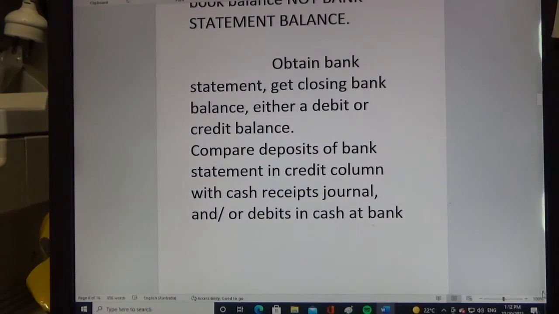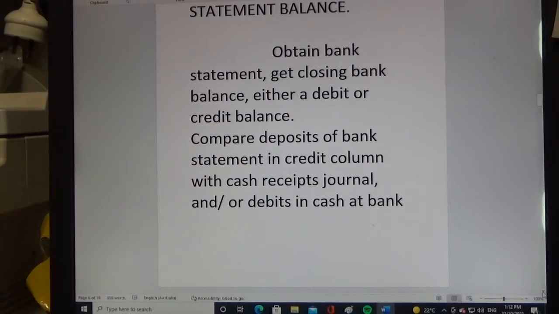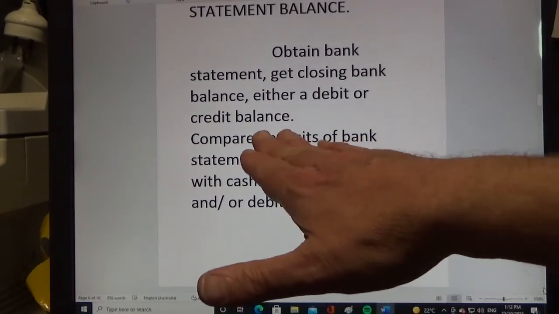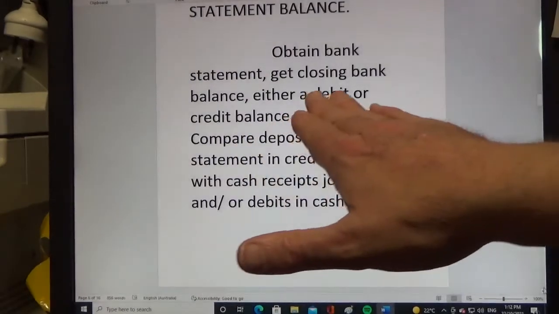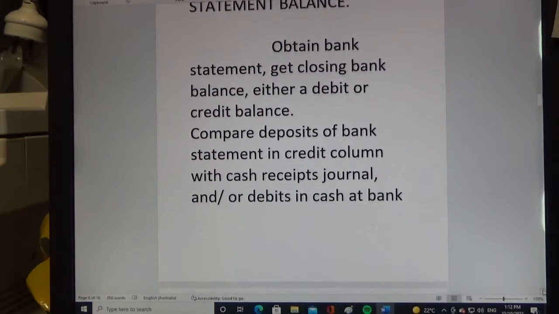You obtain the bank statement. Get a closing balance of the bank statement. Is it a debit or a credit? Credit means, in the bank statement, money in the bank. Debit is an overdraft. You compare the deposits of the bank statement in the credit column with the cash receipts journal and the cash payments journal, so those two journals have to be on hand. And I'm dealing with manual bookkeeping,